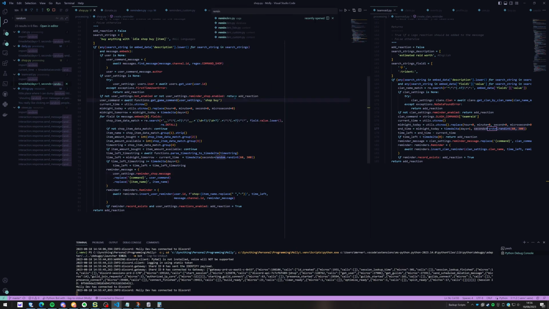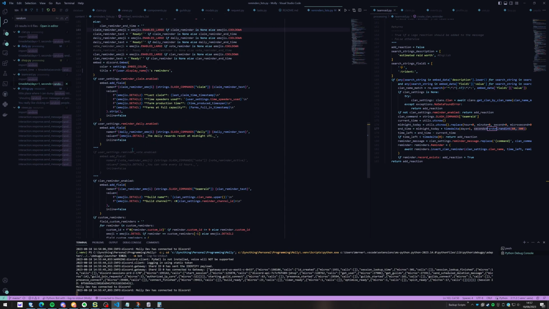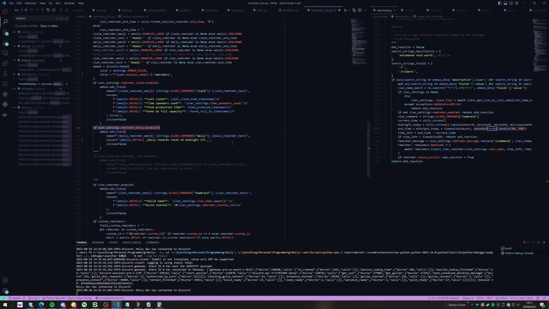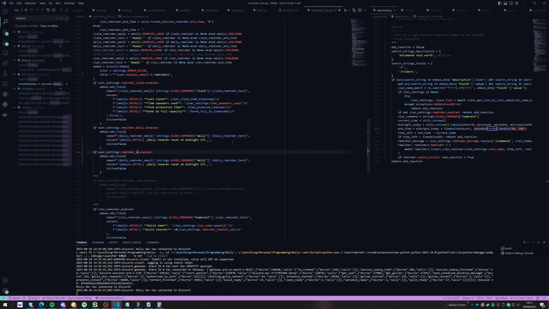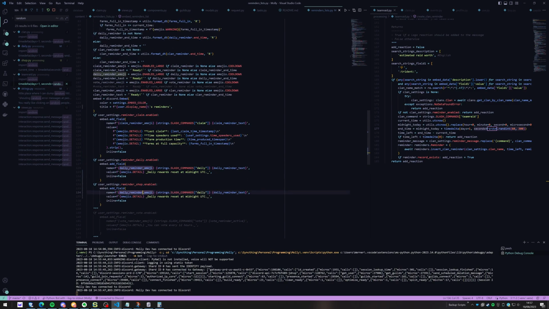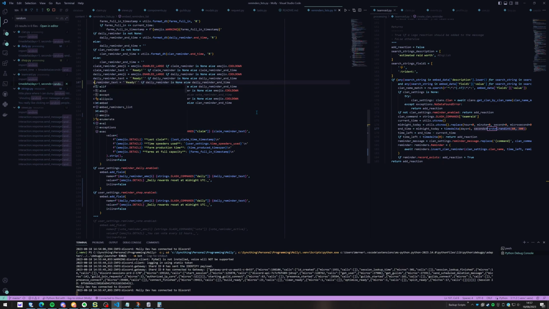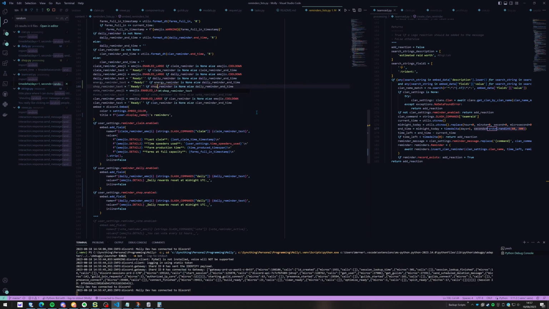Now we need to add that to the list. Claim daily. I wanted to remove this. Looks a little better. So we have the clan reminder. I want to have that at the end. Reminder daily, reminder shop. Shop reminder emoji. This is a real mess up here by now. Okay, let's do energy reminder emoji, shop reminder emoji. If energy reminder is none, that doesn't even exist yet. Shop reminder is none, else